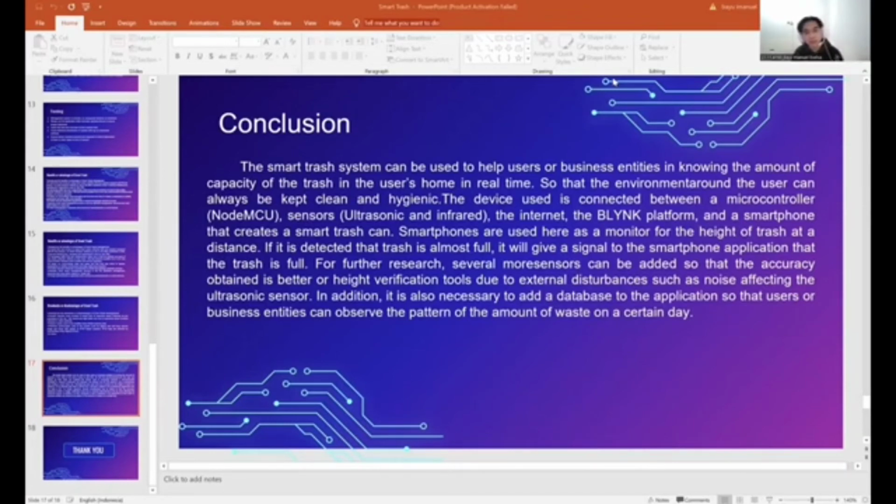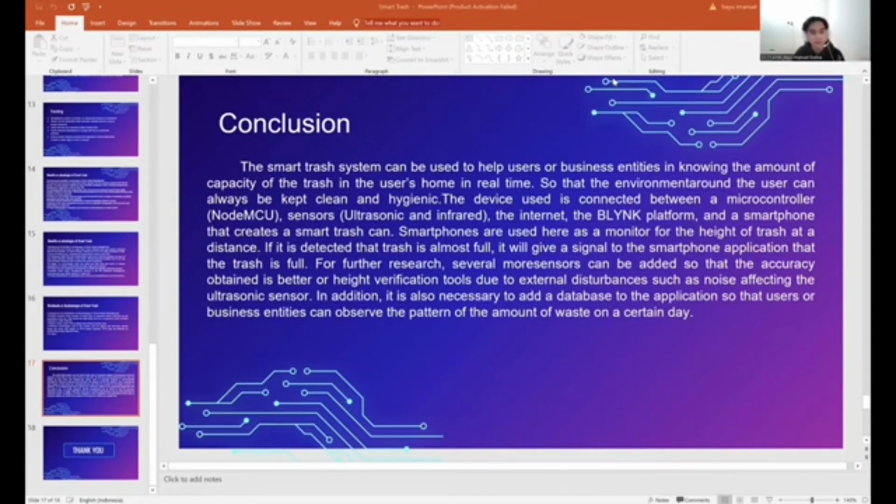The smartphone is used here as a monitor for the height of the trash at a distance. If it detects that the trash is almost full, it will give a signal to the smartphone application that the trash is full. For further research, several more sensors can be added so that the accuracy obtained is better,